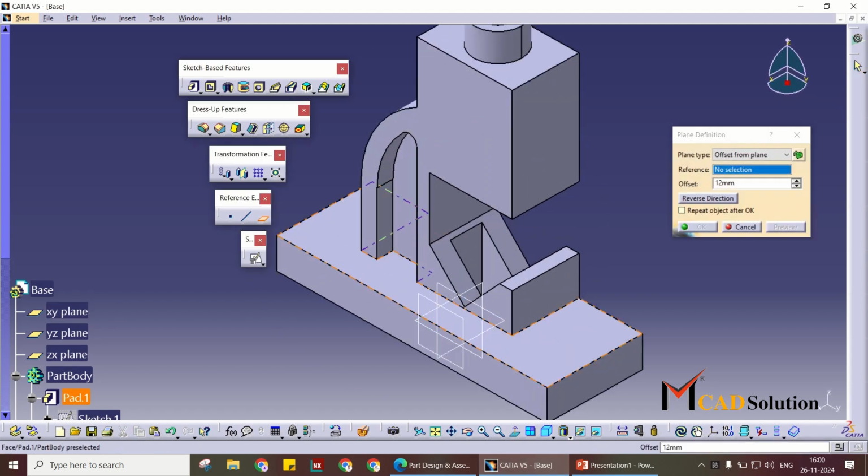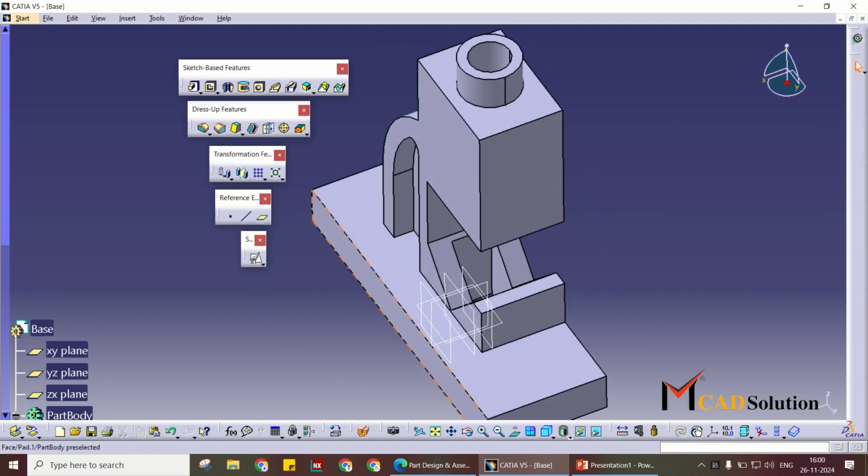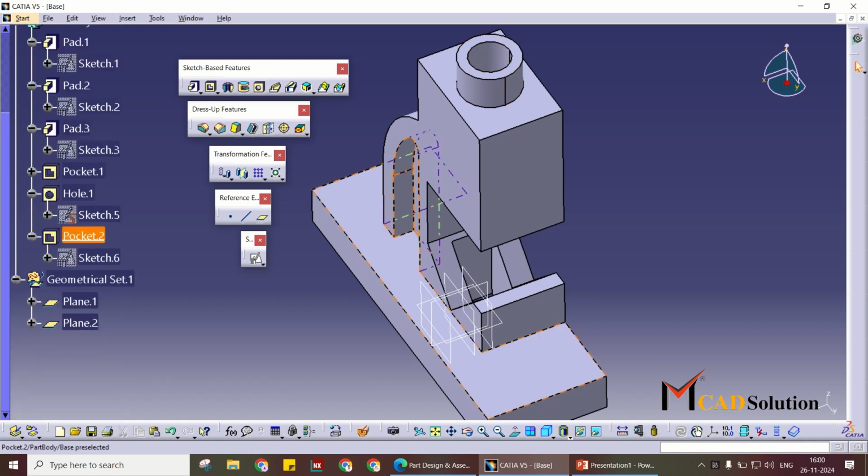42. 42 reverse direction, 42 divided by 2. Okay, plane is created. From specification tree, I have selected pocket, mirror.